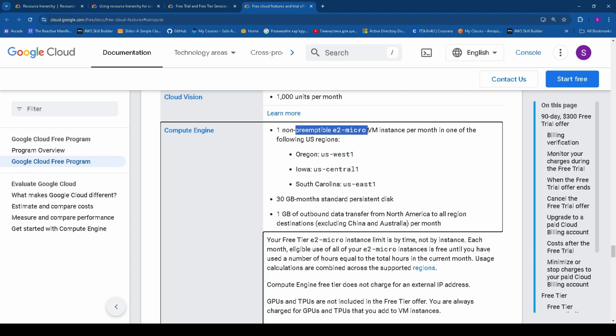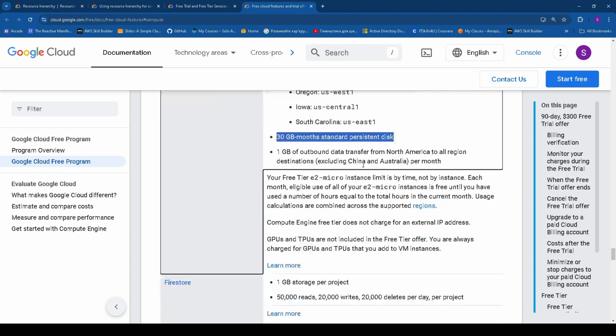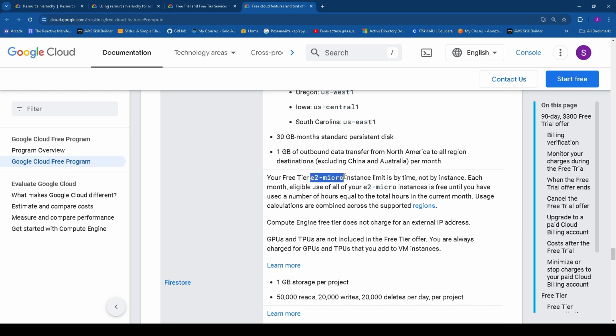non-preemptible E2 micro VM, Oregon, Iowa, California, 30 gigabytes standard disk, 1 gigabyte of outbound data transfer to all region destinations per month. So it means your free tier is this instance type,